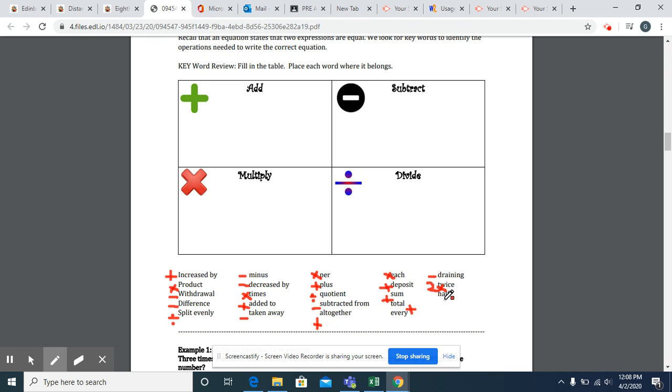And then half. Anytime you see the word half, you can associate it with division. But you also should remember that half also is represented by the fraction 1 over 2. So you can always either just divide by 2 or multiply by 1/2. So just a little supplement to add to your